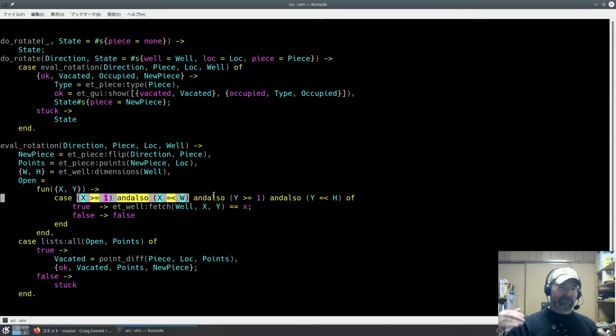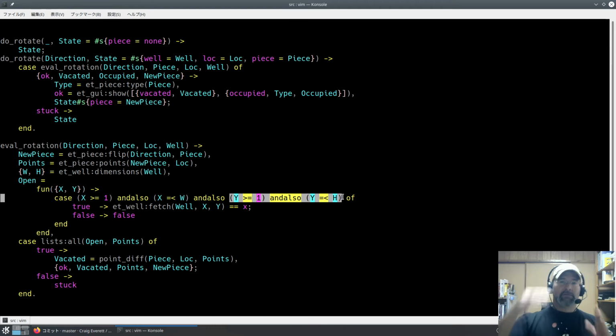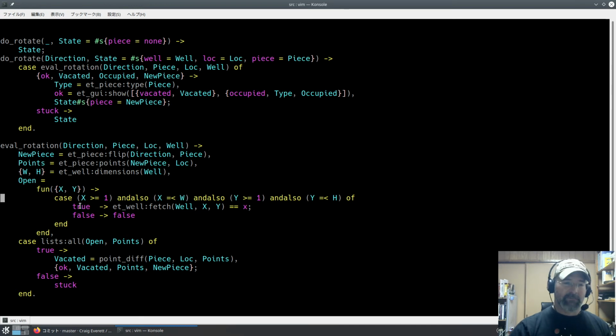Is X 1 or greater, or is it the maximum width or less? So is it in the legal range there? And then also, is Y not poking out of the top and not trying to poke through the bottom? If both of those are true, if X is in bounds and Y is in bounds, then we return true,